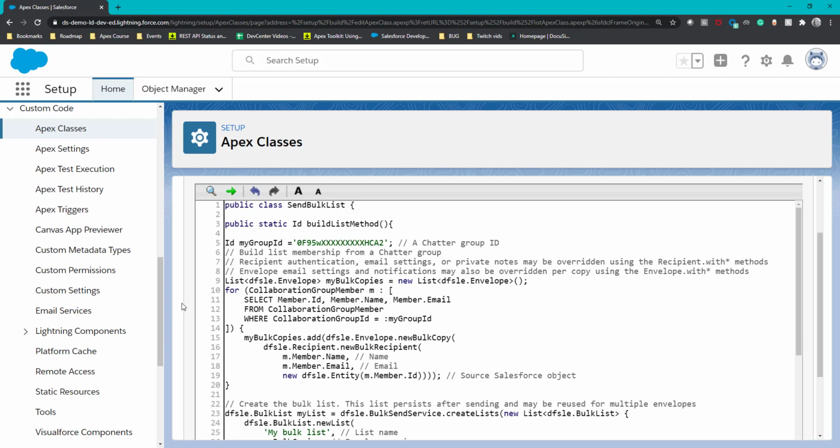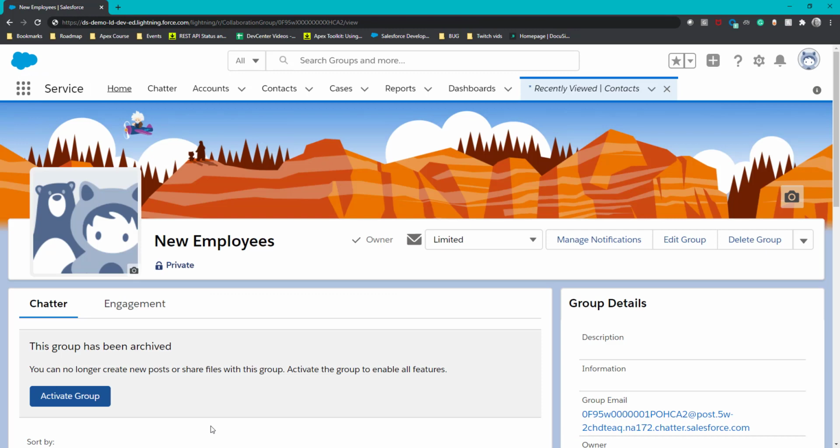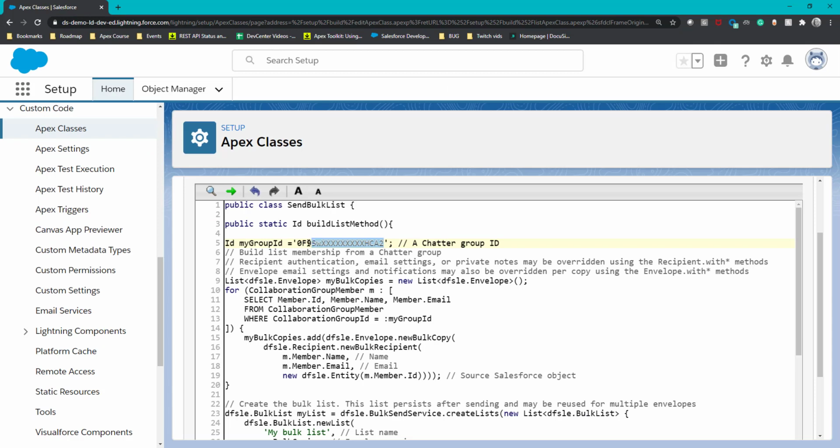The first method in the code will build a list from members in a chatter group and create an envelope for each member. To locate a chatter group ID, go into the chatter group page, and in the URL, select the chatter group ID as I have highlighted here. Paste this into your code.